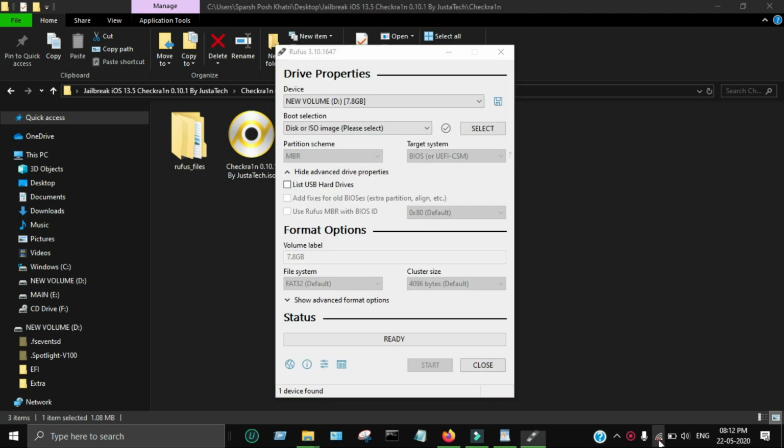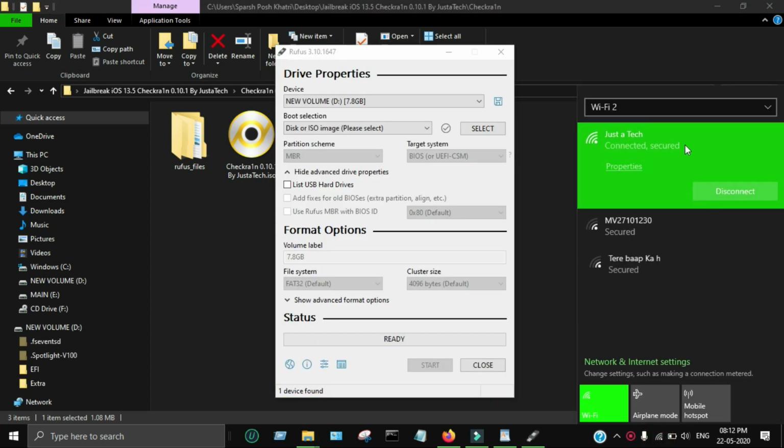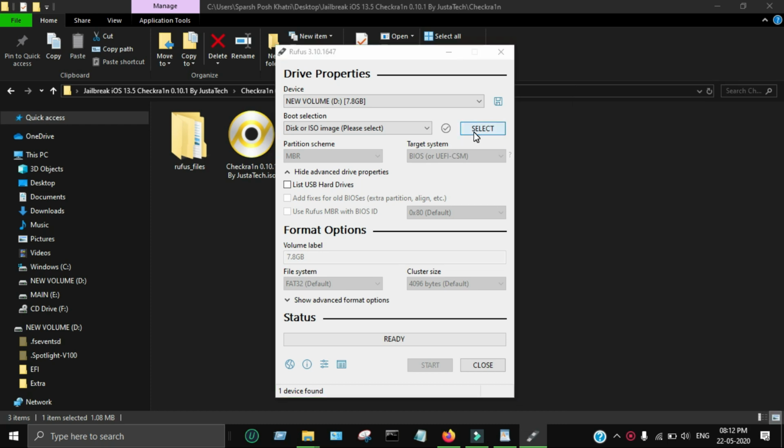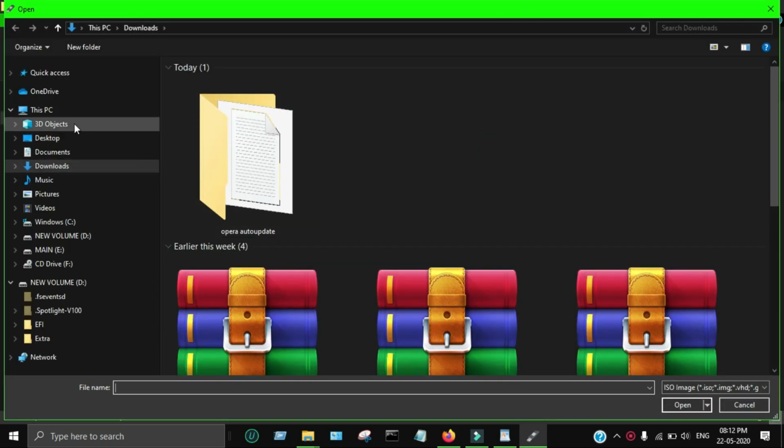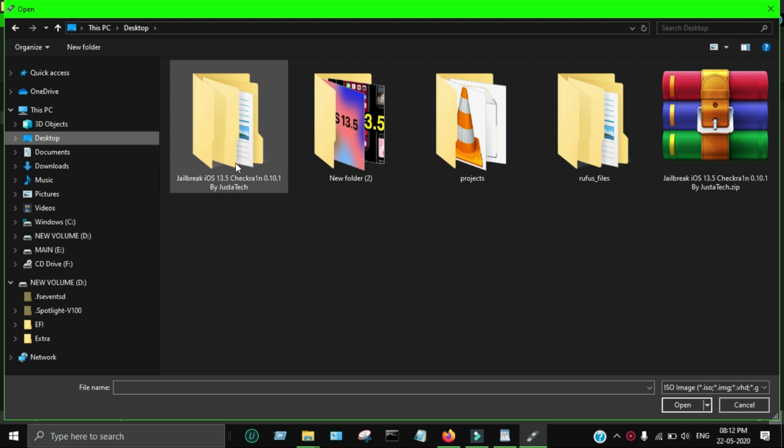Just make the pendrive bootable, and after that you will restart your PC and all the normal process will go on to jailbreak your device. It supports the latest iOS 13.5 version. You can easily jailbreak.